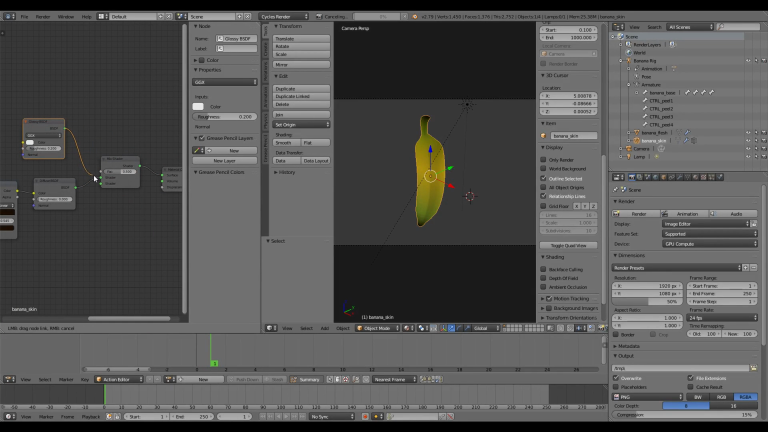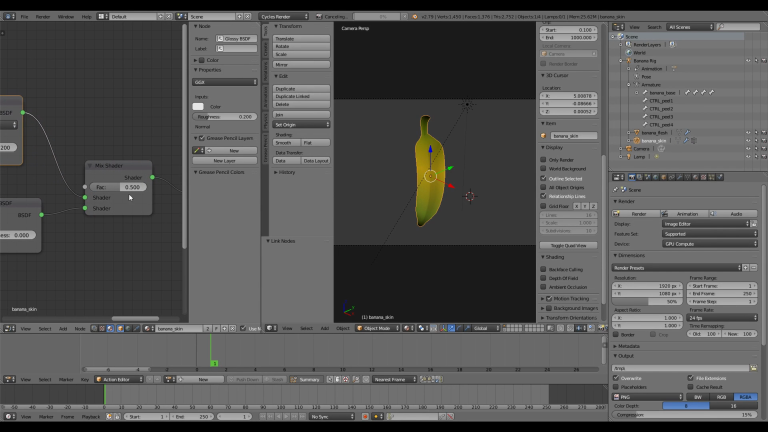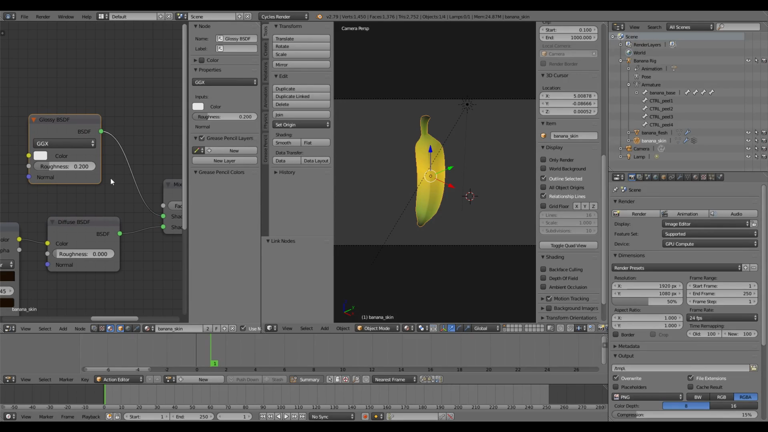Grab that noodle, drag it down. I like to put it in the top one so I can set the factor. And basically, if it's all the way over here, it's going to be 100% the top one. If it's all the way to the right, it's going to be 100% the bottom one. So I want it to be almost 100% the bottom one. I'm going to say 0.95. That's 95%. And then that should give us a nice